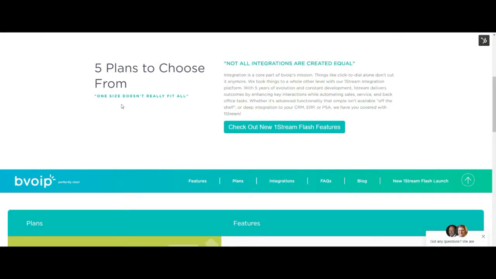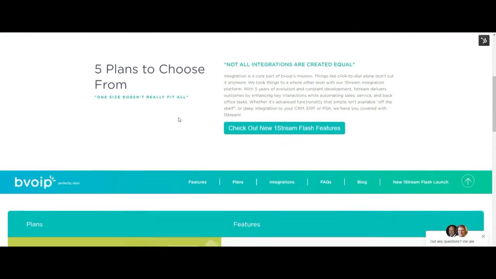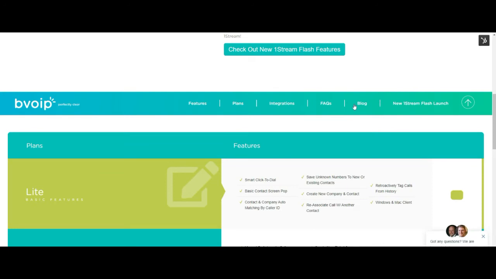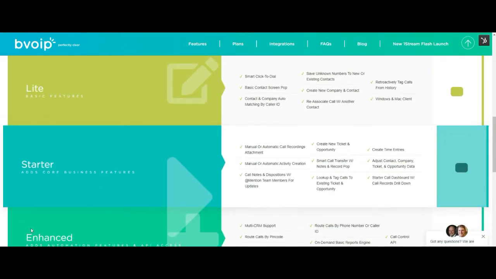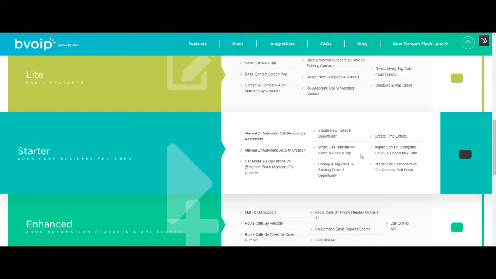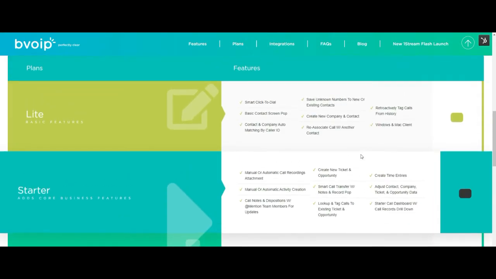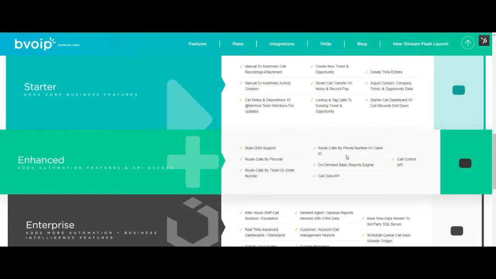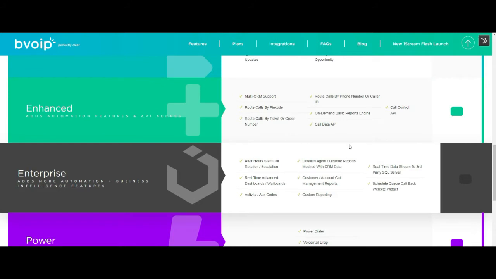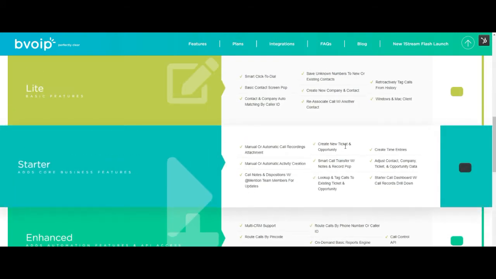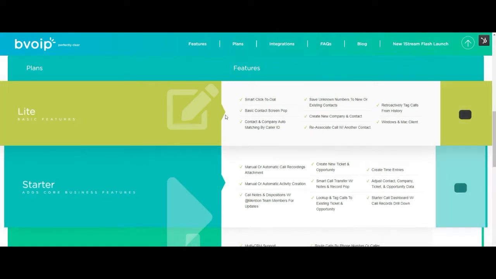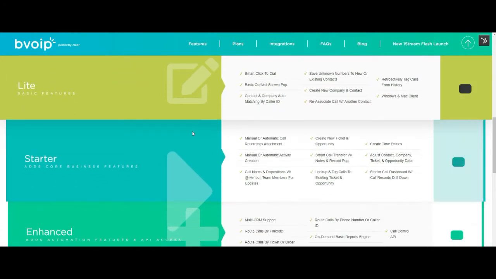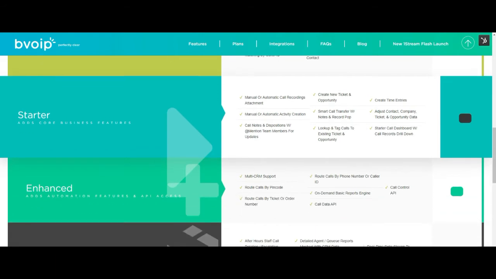Before I go into that, on bvoip.com/OneStream, you can see a bunch of things and documentation and features. But the main part that I want to start on here is our tiers, right? There's multiple tiers. As you go up the list, or down the list for that matter, it stacks features to the plans underneath it. So for example, if you wanted the starter tier, starter includes everything in light and starter, enhanced, and so on, right?